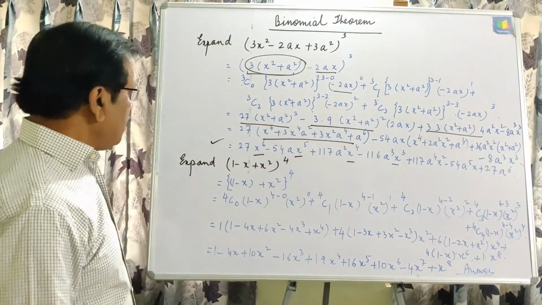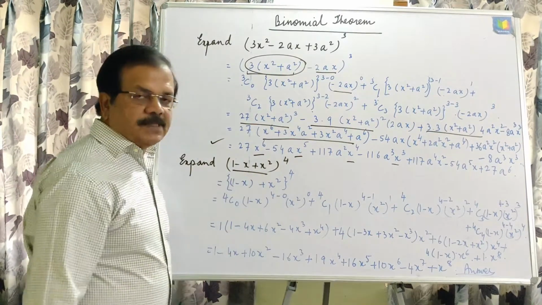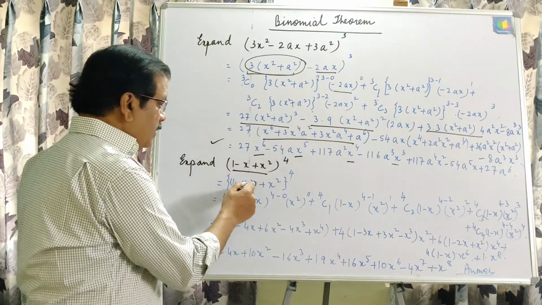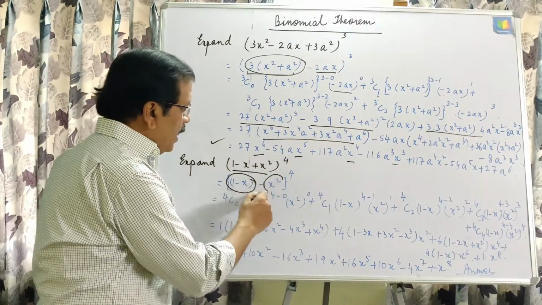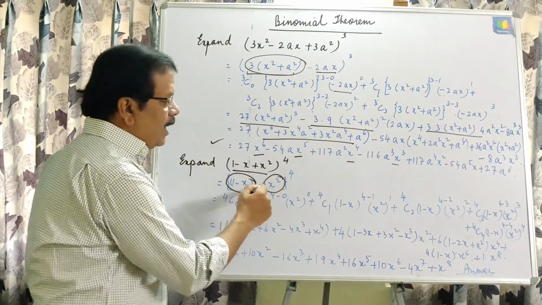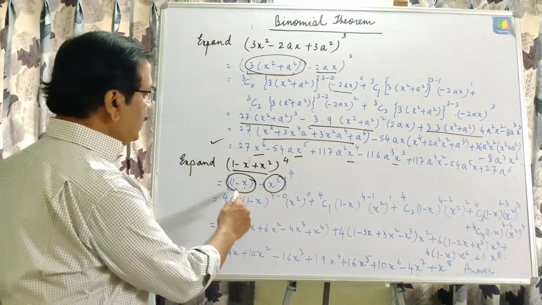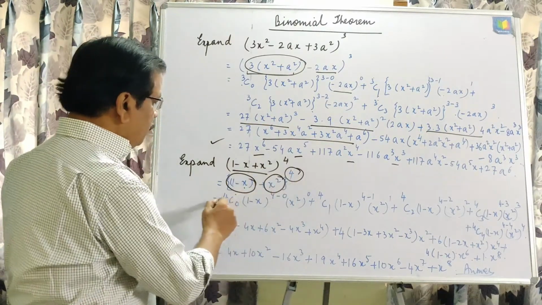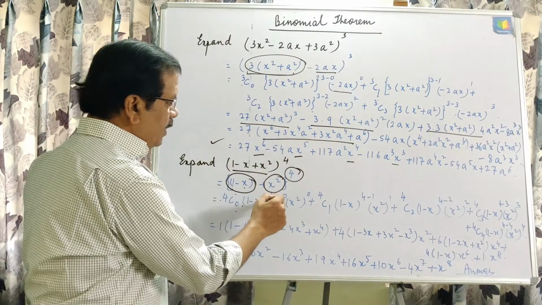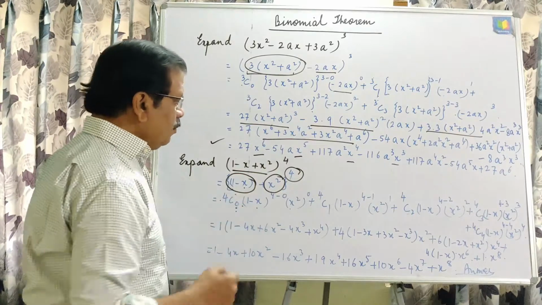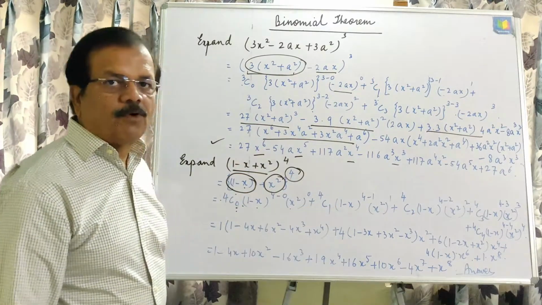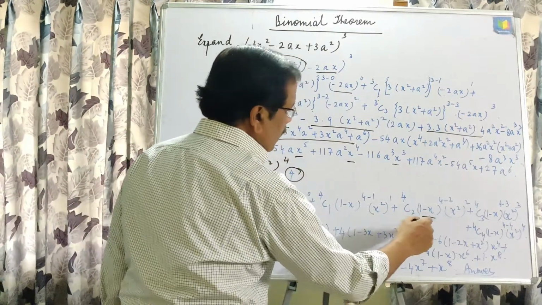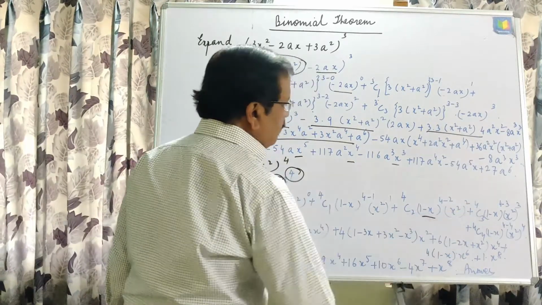In the same way, the same type of question comes next also: the expression contains 3 terms and then we'll rearrange them in such a way that this will be treated as 2 terms, and that is why 1 - x within one bracket, another bracket x^2, so that we can write the expansion of (x + a)^n, where n is equal to 4, and then 4C0 (1 - x)^(4-0) (x^2)^0, then 4C1 (1 - x)^(4-1) (x^2)^1, 4C2 (1 - x)^(4-2) (x^2)^2, in the same way the next 2 terms.